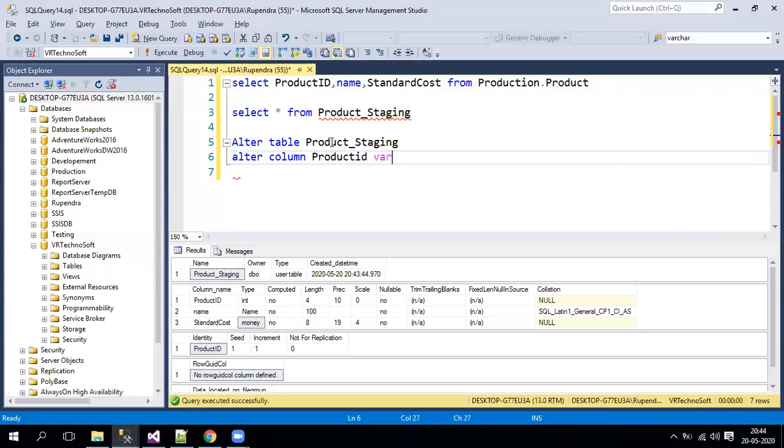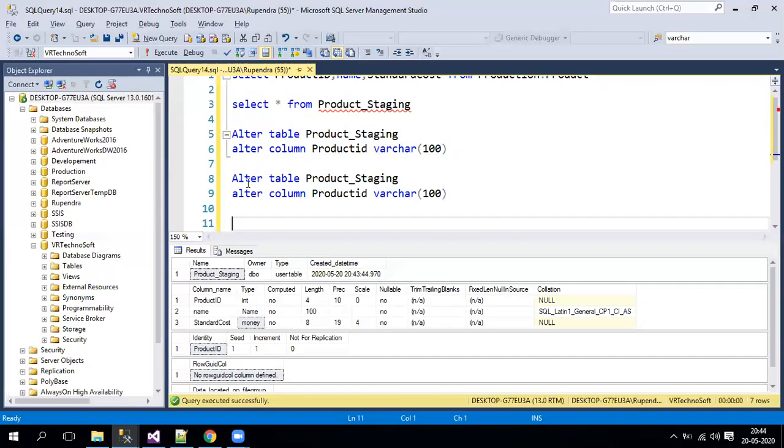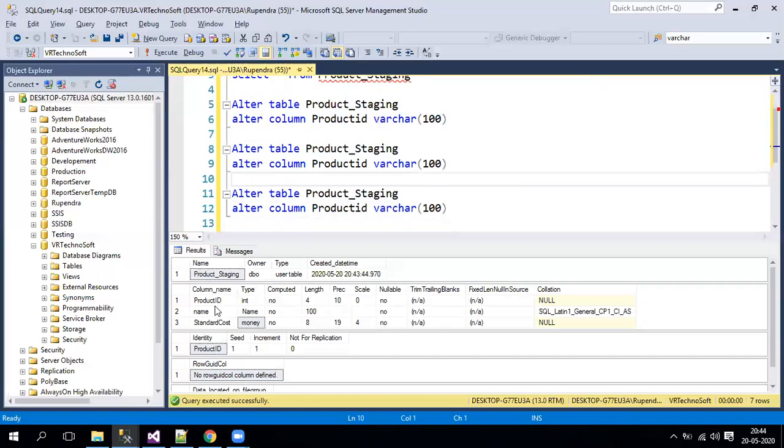Then I'll put it as varchar of 100. And I'll also alter all other columns as well. By using a single alter, we can alter only one column in SQL Server. That is the limitation which we have. And let me alter all other columns as well. And this is done. And standard cost.